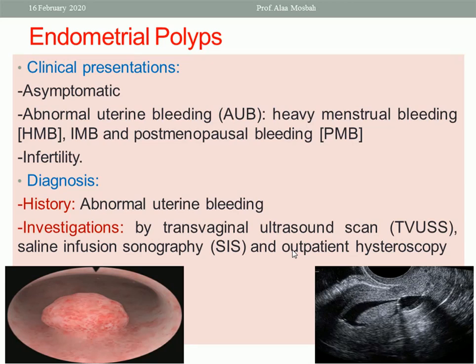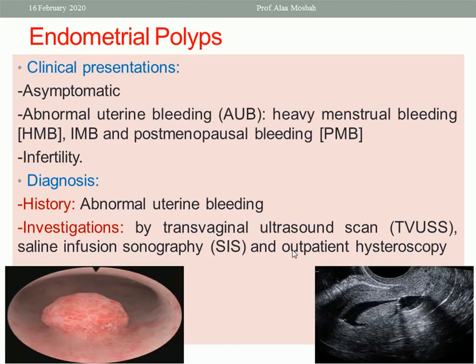The presentation of the patient with an endometrial polyp may be asymptomatic, or abnormal uterine bleeding in the form of heavy menstrual bleeding, intermenstrual bleeding, or postmenopausal bleeding. Or the patient presents with inability to conceive. Diagnosis depends on history of abnormal uterine bleeding and investigation by doing transvaginal ultrasound or saline infusion sonography